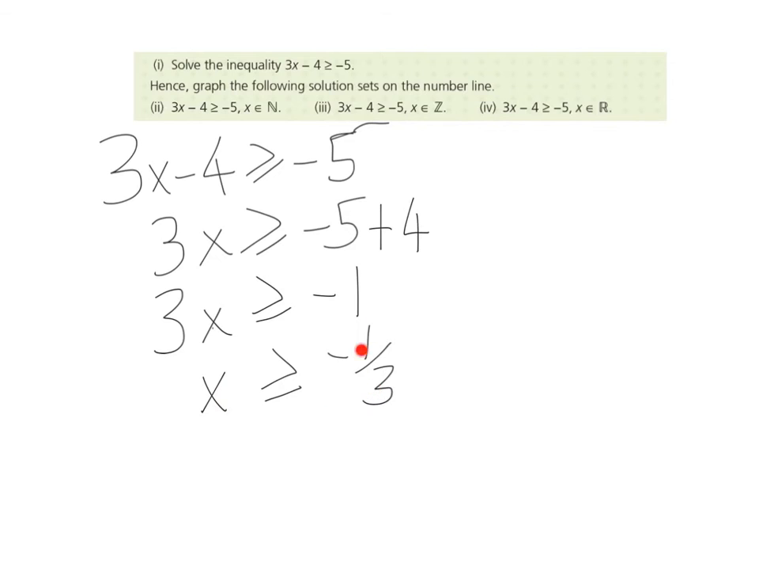I'm looking for x is greater than or equal to a number. Now this is actually a fraction I've got here. Normally you don't get fractions, normally you get whole numbers, but I just picked a real difficult one to start off with. So let's go first of all and do part 2. So we've solved the inequality. Now we have to